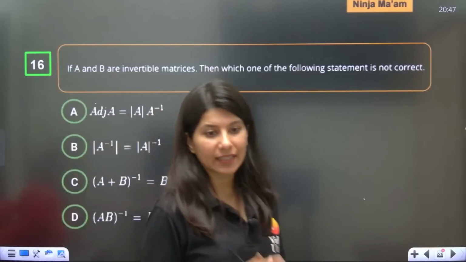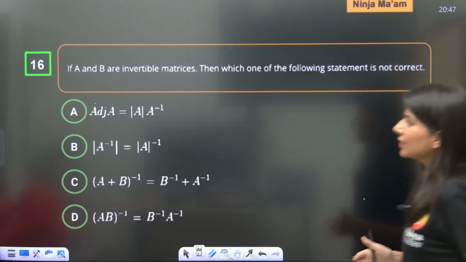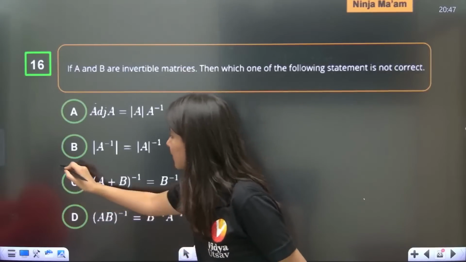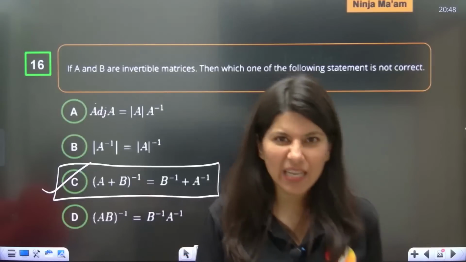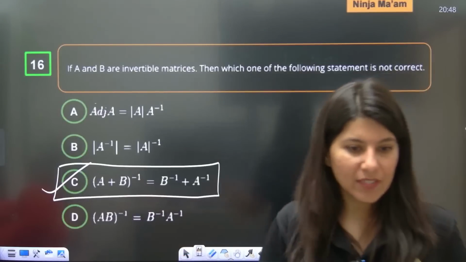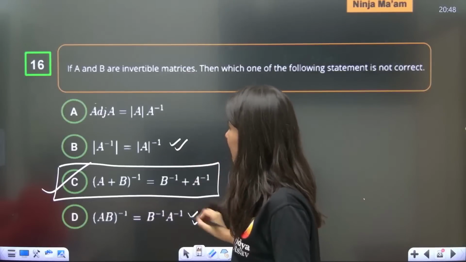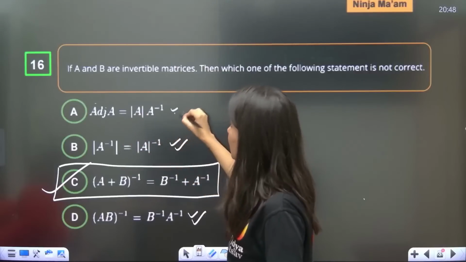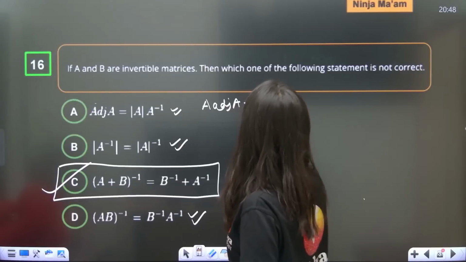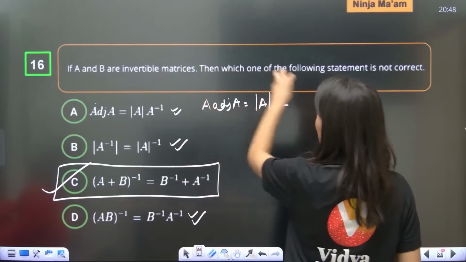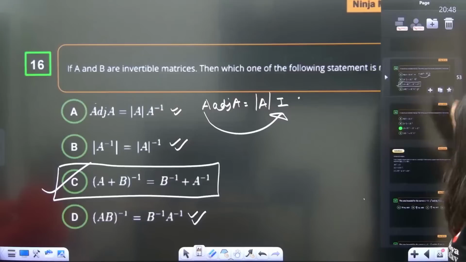Next question on your screen: A and B are invertible matrices, then which of the following statements is not correct? Which of the following statements is not correct, my dear students? So clearly (A plus B) inverse is A inverse plus B inverse? Not at all. This is the incorrect thing. See, this is also correct. This is also correct. Adjoint A is, this is also correct. Actually, A times adjoint A is nothing but determinant A times I. So if you remove this A and put it over here, it will become A power minus 1. Okay.